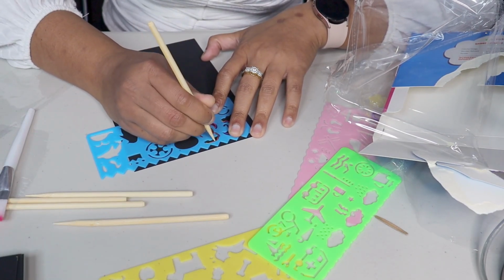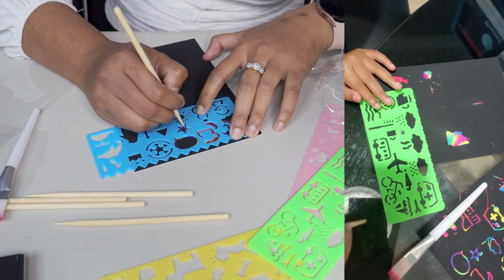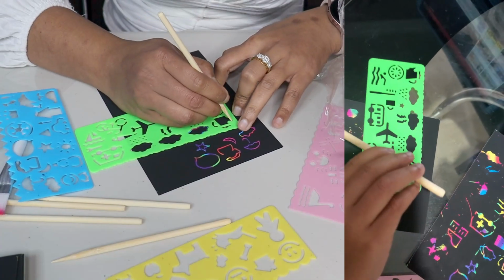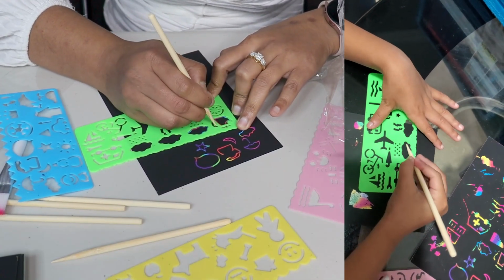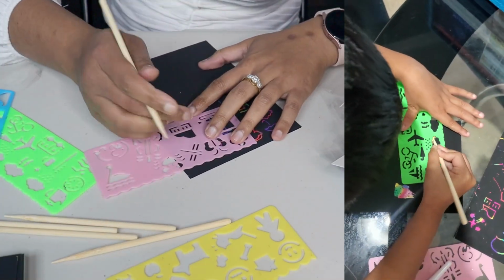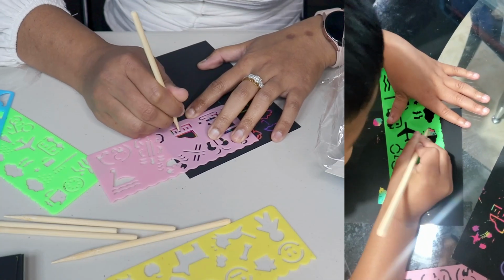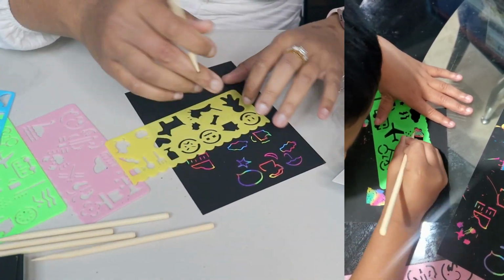Oh, it's really fun. Yeah, for kids activity this is really fun. I love it. It's so good. I'm trying another one. So yeah, the kids will enjoy this one. Yeah, so let's do a